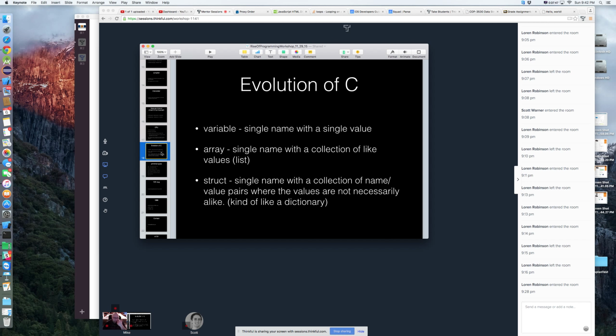But getting back to this evolution of C thing here, what we want to understand is that C was and still is a very good programming language. Okay, but it had some weaknesses. And the weaknesses didn't have to do with the memory stuff. C had tools that allowed the programmer to decide how they wanted to handle memory.